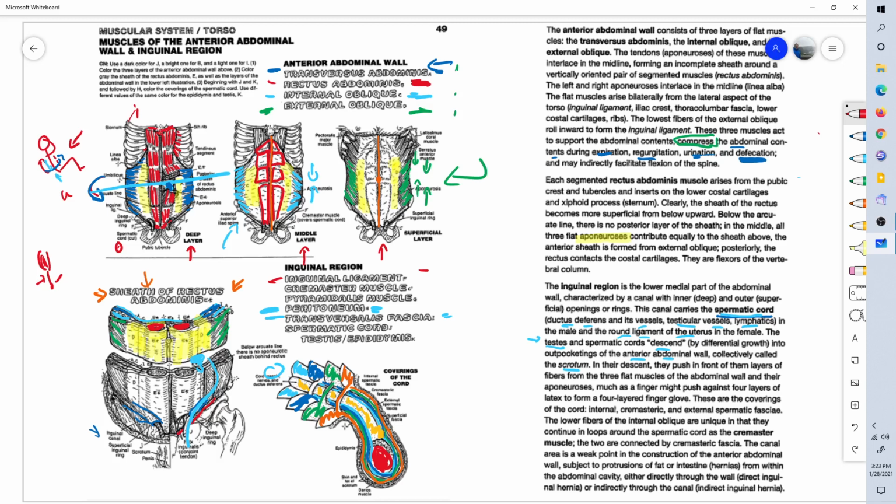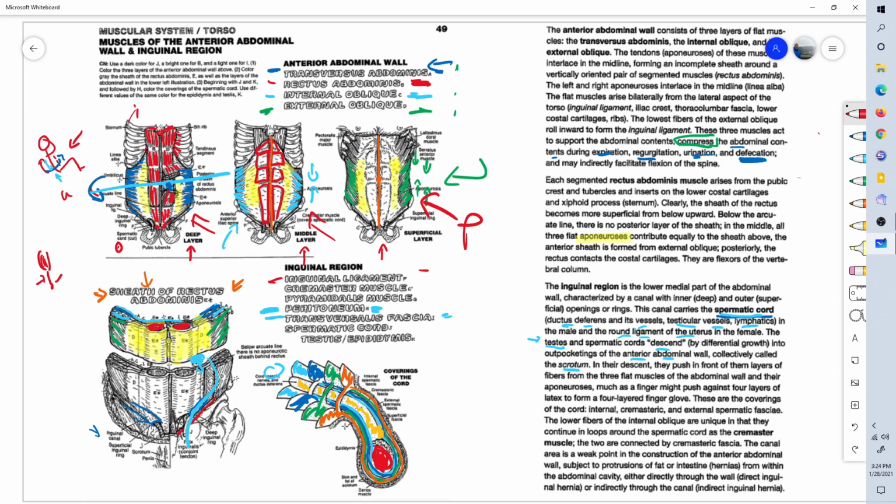One of the problems with this is that this inguinal canal, with all this pressure created by the external oblique, internal oblique, and transversus abdominis, the pressure they create in there, what happens is sometimes it